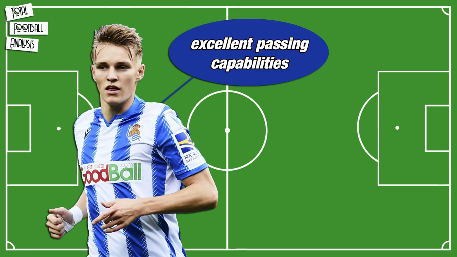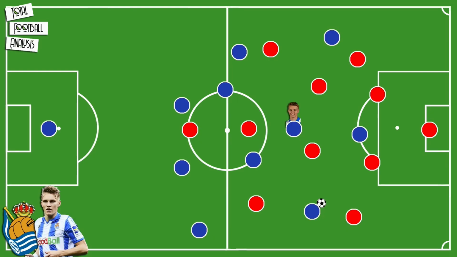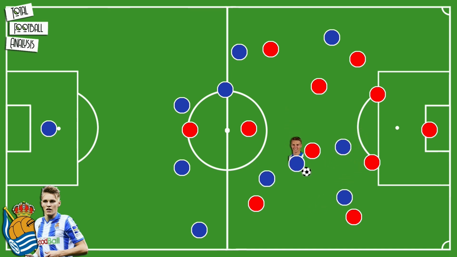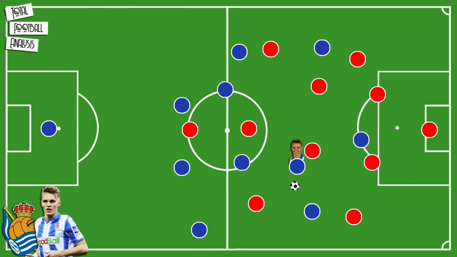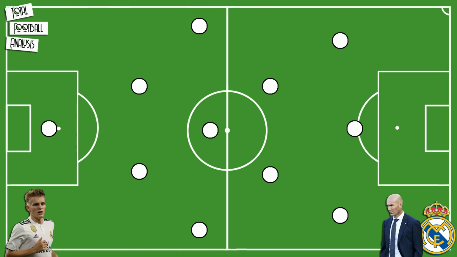Ødegaard is known for his excellent passing capabilities, as well as extraordinary technique and dribbling skills. The only thing that he still has to further develop are the defensive contributions, but with Real Sociedad's system revolving around good counter-pressing tactics, he's the man to often snatch the ball in the opposition's half, but not always the first to track back and defend in deeper areas. In the following, we will go through the main systems that Zidane could potentially use to incorporate the 20-year-old starlet